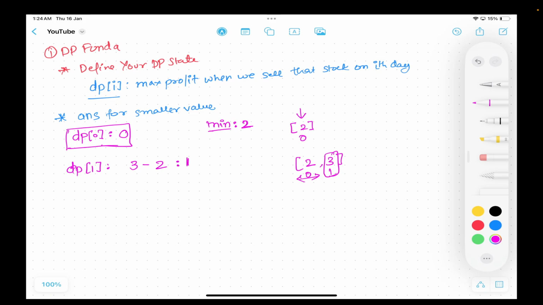तुम्हारा आंसर डीपी ऑफ वन हो गया वन। ठीक है। नाउ लेट्स मूव टू नेक्स्ट स्टेप, डीपी ऑफ टू। अब तुम्हारे पास थ्री लेंथ का है, अब तुम्हारे पास फाइव है। अब तुम डीपी ऑफ टू में बेचना चाहते हो 5 रुपए में, बट तुम्हारे खरीदने की पॉसिबिलिटीज अब हो गई कि तुम या तो 3 रुपए में खरीदोगे या 2 रुपए में। ज्यादा फायदा तो मिनिमम में ही होगा। जैसे ही तुम नेक्स्ट पे आइटरेट करते हो, तुम अपने मिनिमम को अपडेट कर दो। यहाँ टू और थ्री का मिनिमम होगा विच इज अगेन टू। तो तुम पहले डे पे खरीदोगे।